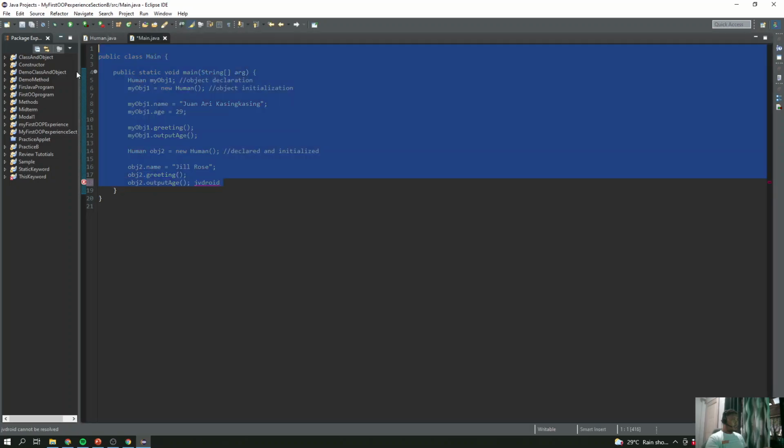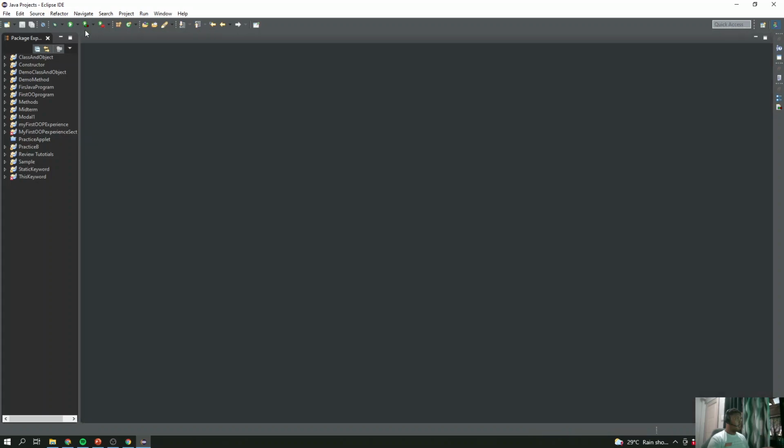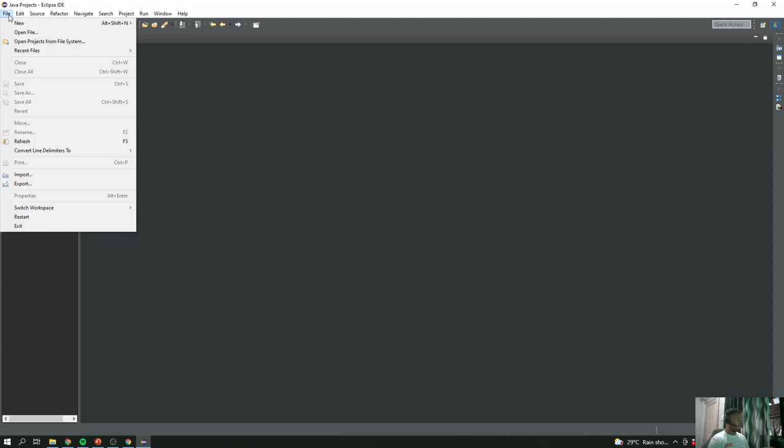So let's now start with our actual coding. Our task here is to create classes and objects, and we did define how we'll create them. I'll close everything and we'll start from the beginning. First, we will create a project. Why do we create a project? It is because right now we are creating